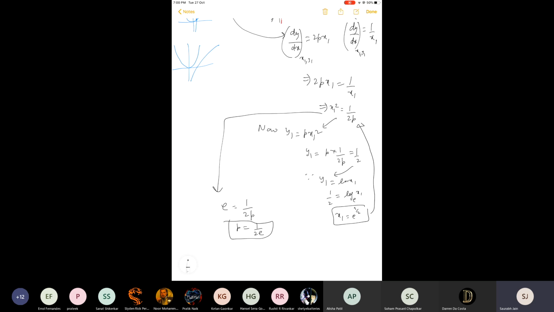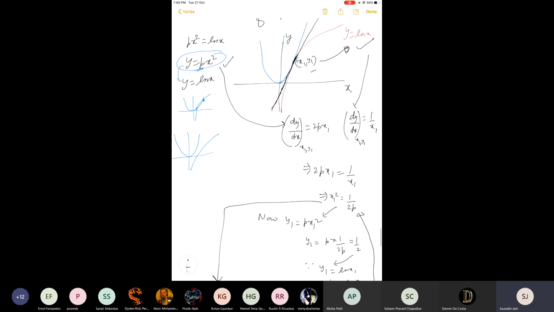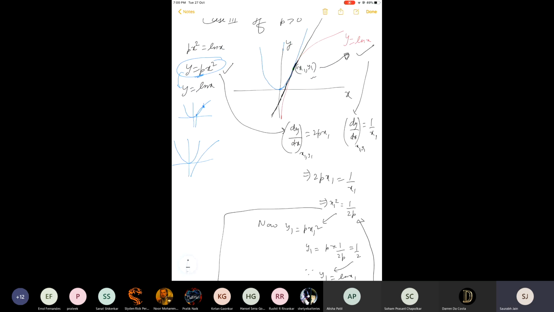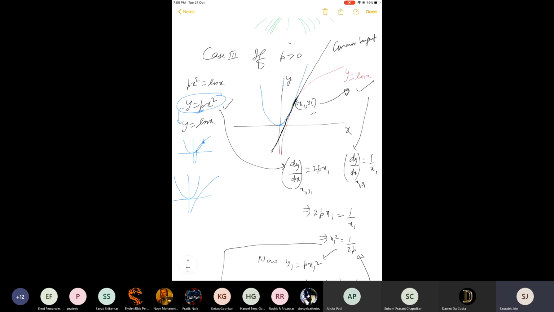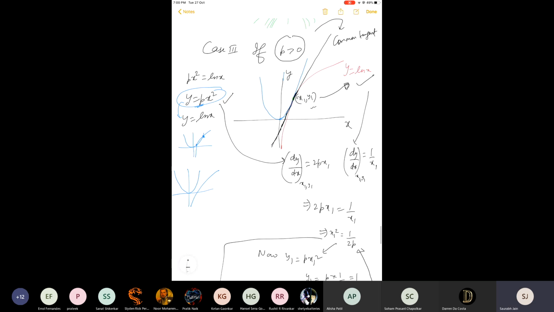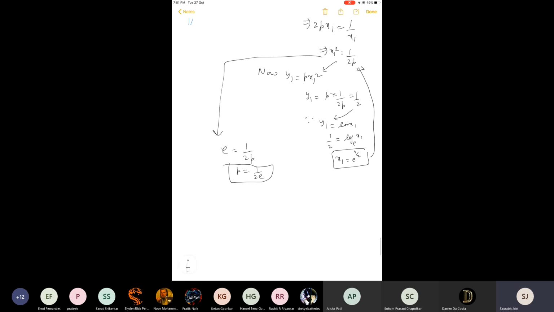Common tangent, point satisfying the curves, equating the slopes, to determine the value of p for which this situation is possible. So are all the positive p's satisfying this condition? No. Only one positive value of p is satisfying the condition that both of them